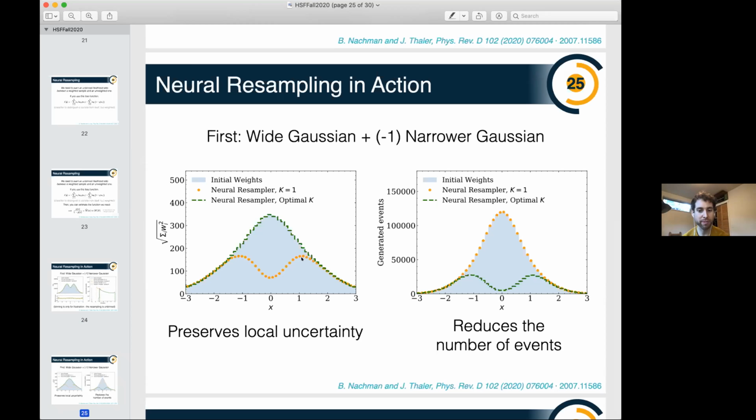I think the way to think about it is, imagine locally you have a bunch of positive weights and a bunch of negative weights in the same bin. If you set all the weights to be the average, then there's way less spread, right? You just eliminated a source of variance, the spread in the weights. But you really want that spread in the weights because it's important, it's physical. So when you throw away events, you want to amplify their weight in order to get the right fluctuations.